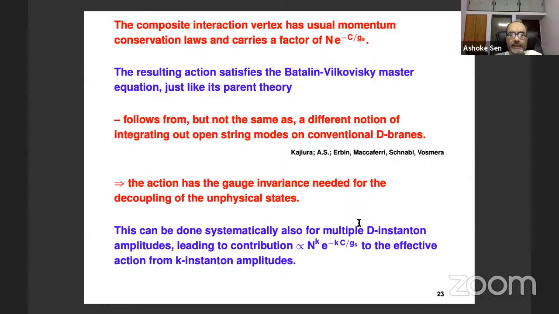Well, the point is for the instantons in ordinary quantum field theory, we do not have a fully systematic procedure, right? Because the modes around the instanton are very difficult to analyze. D-instantons are somewhere in between, in the sense that their action is 1 over g string, not 1 over g string squared. And we do have a fully systematic perturbative procedure for carrying out expansion around D-instantons. That's all we are using here. But of course, this question will also come for instantons in quantum field theory if we have a systematic procedure for analyzing the amplitudes around instantons.